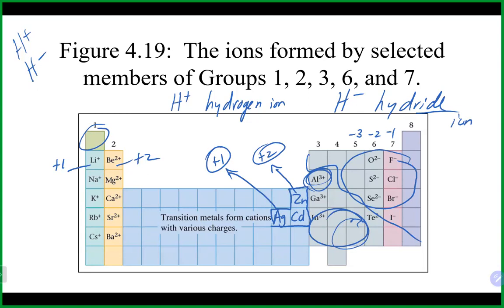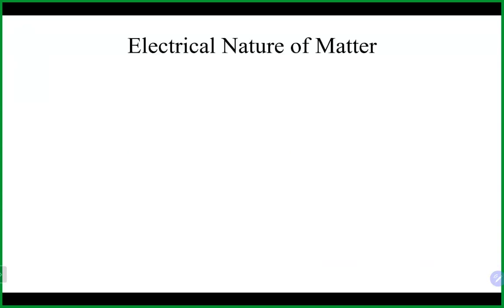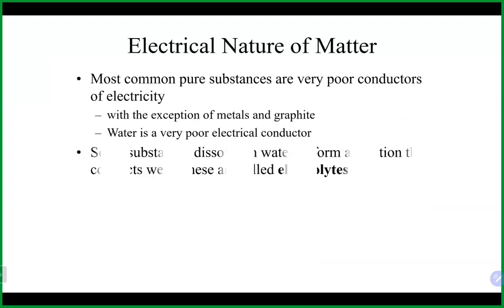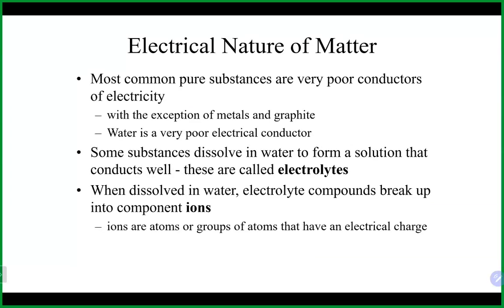Okay, so as I was mentioning, where we really do find ions is in solutions. Having ions in solutions is what makes some solutions conduct electricity really well, and solutions that can conduct electricity are what are known as electrolytes. Electrolytes can conduct electricity because of the presence of ions. And when you have a strong electrolyte,